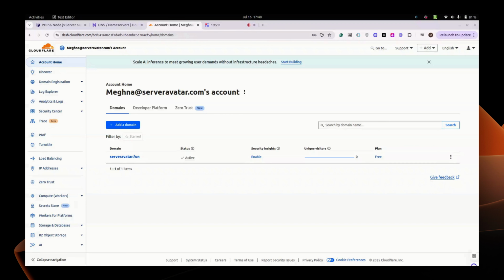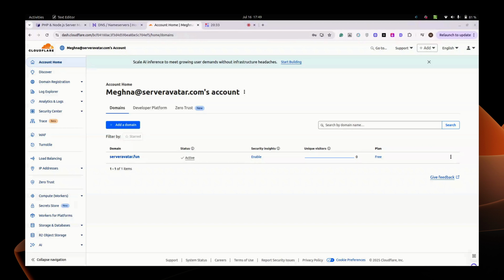Next one is the AAAA record. In short, four times A record. It maps your domain to an IPv6 address. It is the same as the A record but for the newer IP version. Next is the MX record. The MX means mail exchange record, which directs email to your domain's mail server and defines their priority.